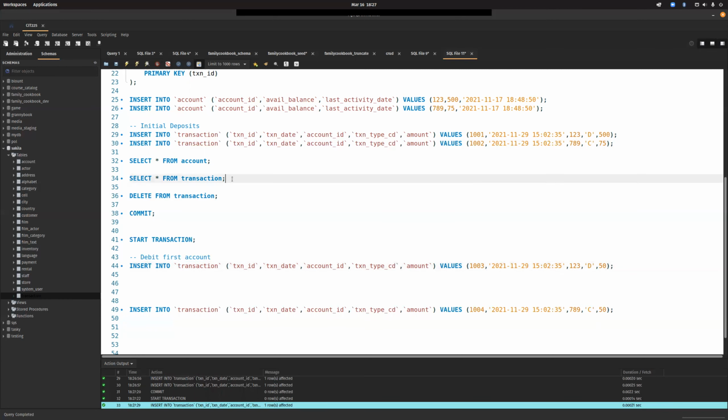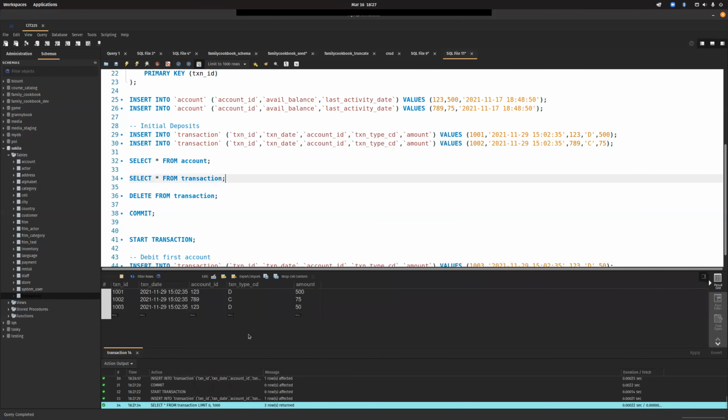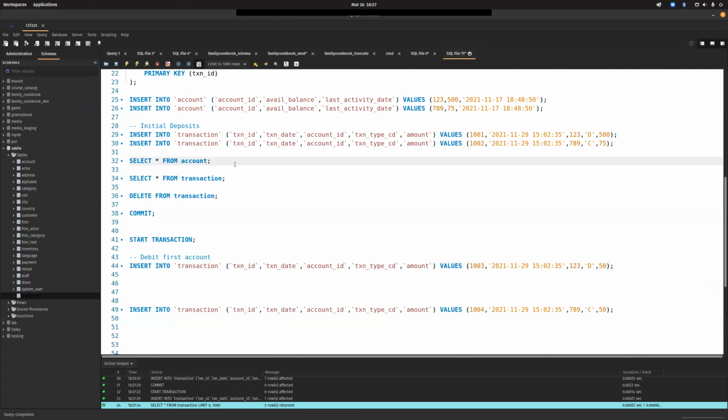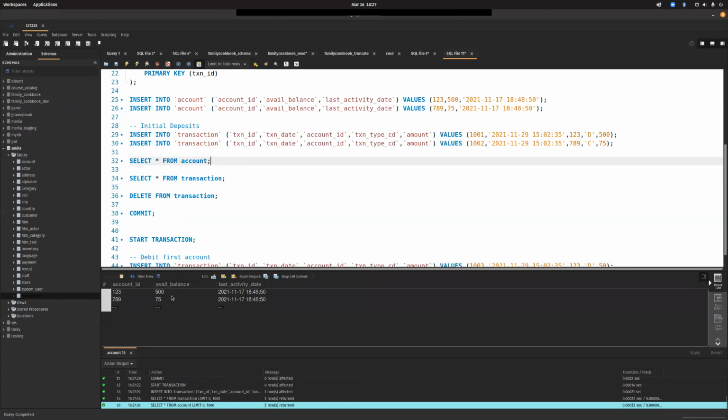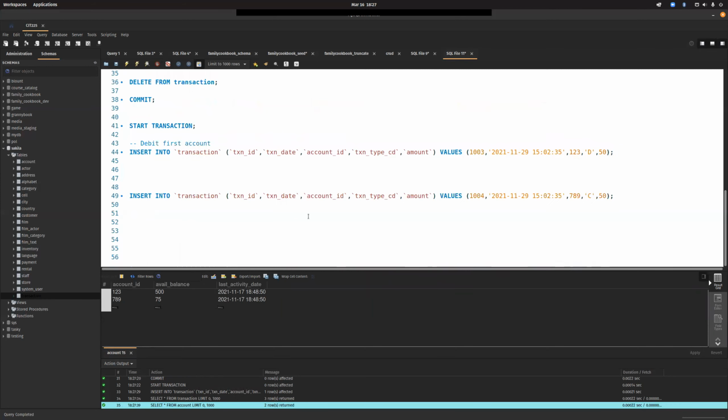Now we inserted into transaction, so we can see there's this additional record where we debited it. But if we look at our account, the account still has an available balance of $500. So the minute that we insert this transaction, I also want to make sure that we update account to set the available balance